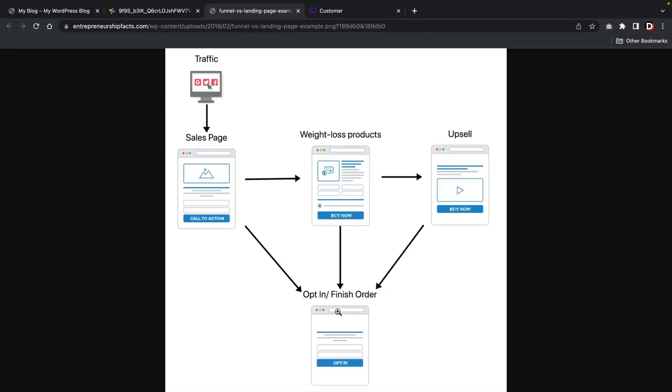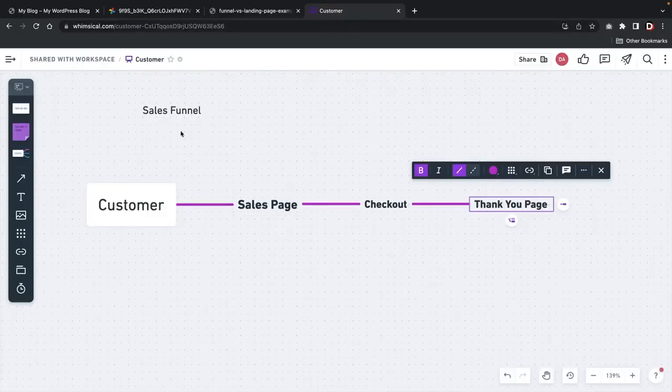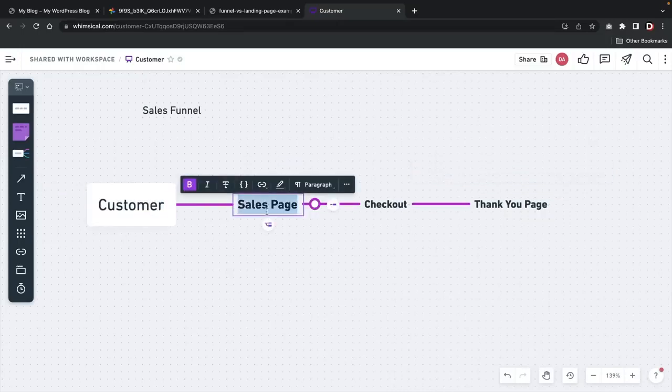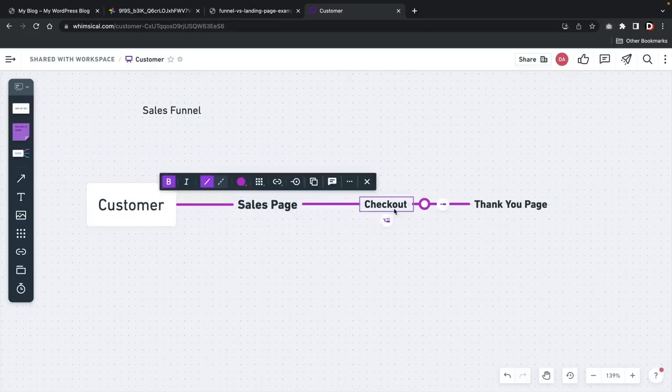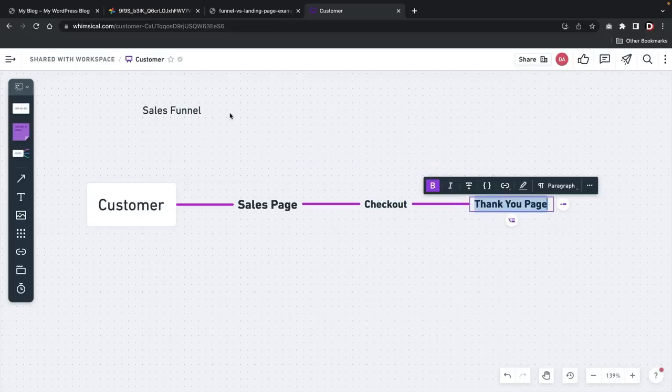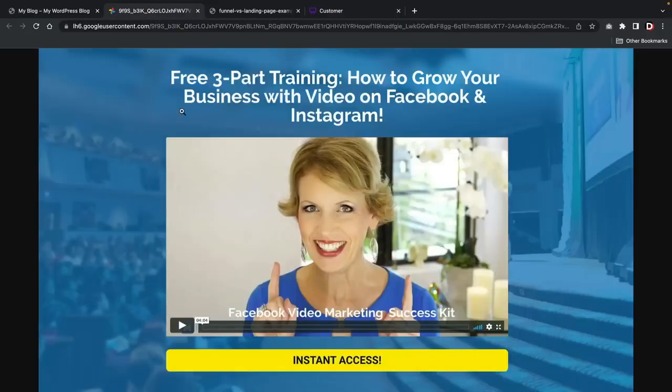And this is also ideal if you're selling maybe one course. For example, over here, this is a website that I use for a lot of my projects, and you can see here the customer is brought to your main sales page. This is where you're trying to convince them to buy something. From the checkout page, they can purchase it, and then they're brought to a thank you page. I'm sure many of you guys have seen a page that looks like this before. I mean, from way back when, but a lot of people use these funnels because they work. So here's like a big video. We have the title, and if they click on this, they can go ahead and purchase the course on the